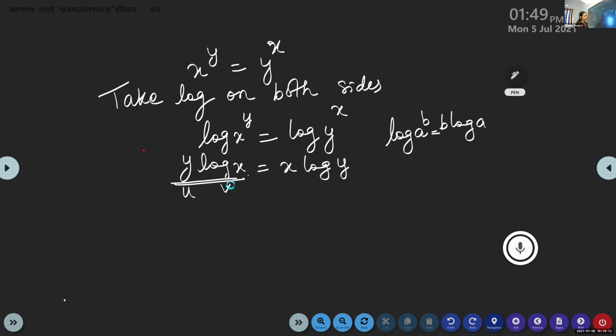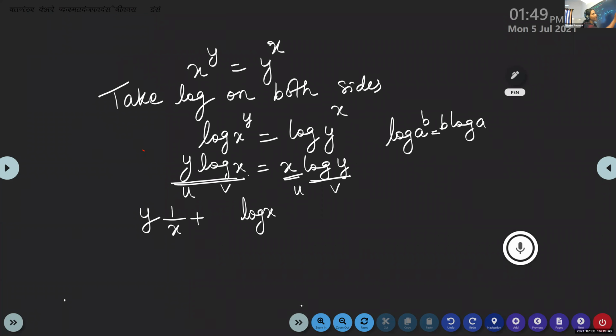Similarly, look at the other side, the RHS. Here also we have two functions. The first one we can take as u, the next one as v. Now differentiate. Product rule: keep the first function as such, times the derivative of log x. What is the derivative of log x? 1 by x. So u into v dash, plus keep log x as such, times the derivative of y.